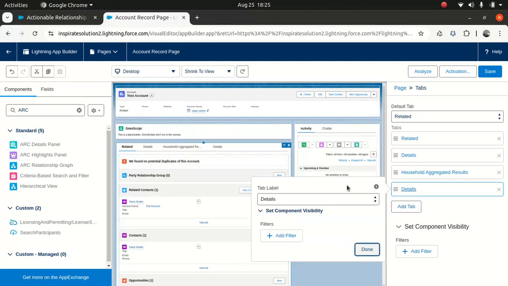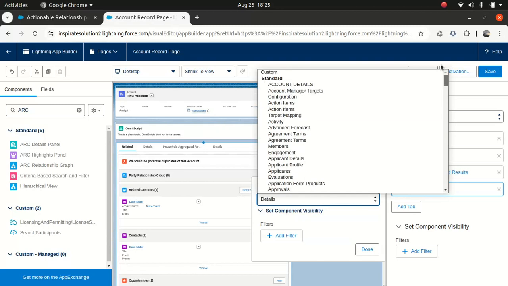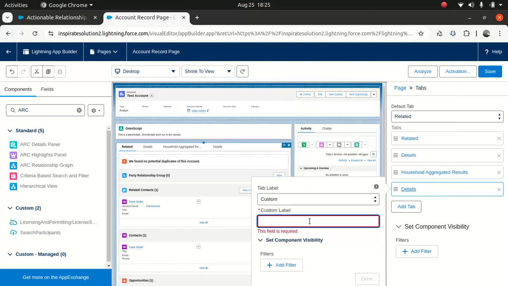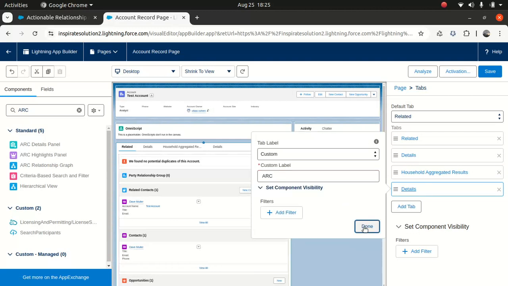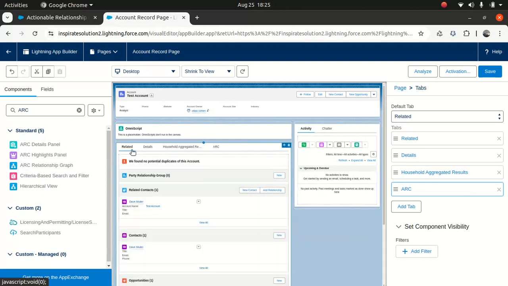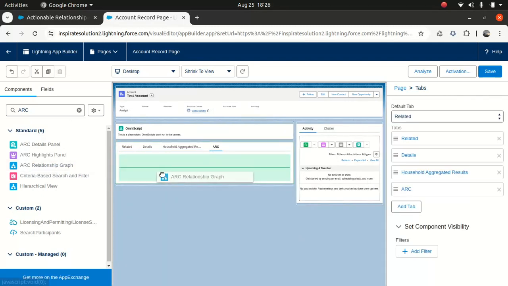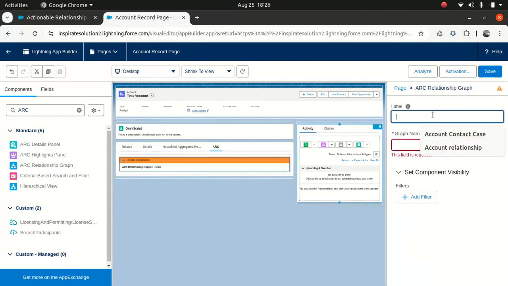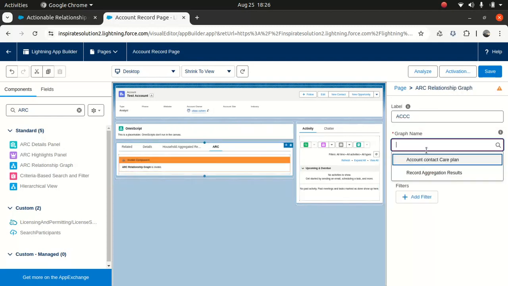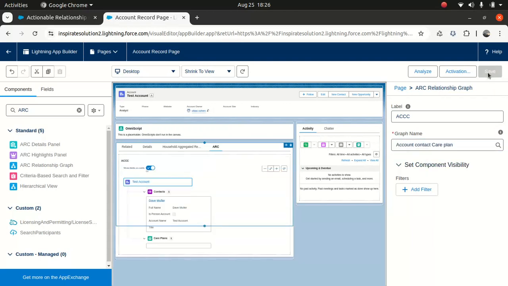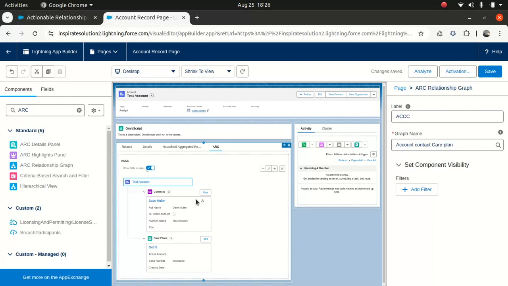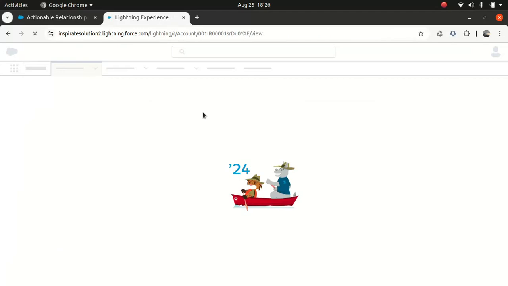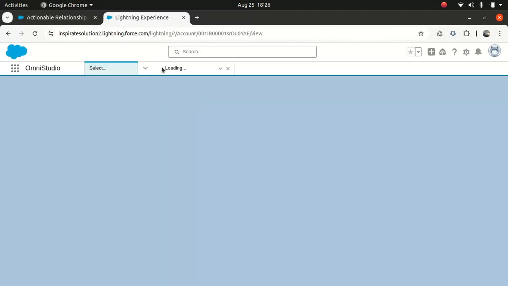So I'll do customs and arc, and I'll do that done. And what I'll do, I will do the arc relationship graph, and I will see ACCC account contact plan. I will save it, which is fantastic. You see that? You see something like that? Cool, right? This is what I was talking about. Fantastic stuff. Okay, now let me go to